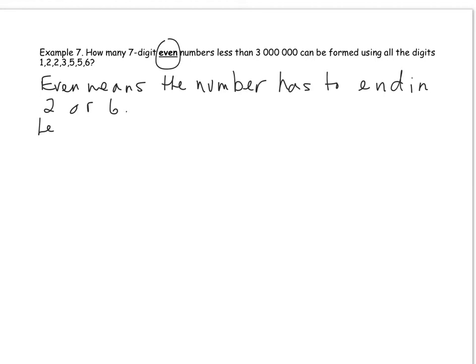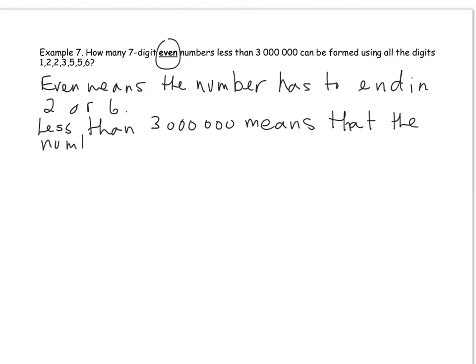Also, less than 3 million means that the numbers have to start with 1 or 2. Okay? So that gives me, and it really starts narrowing things down now, and we need to